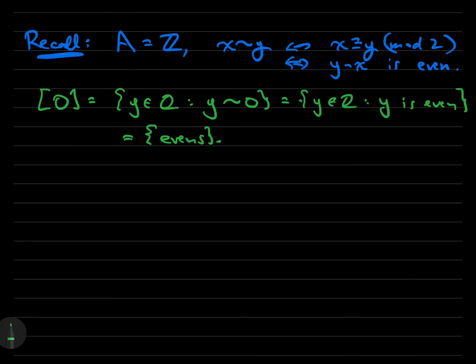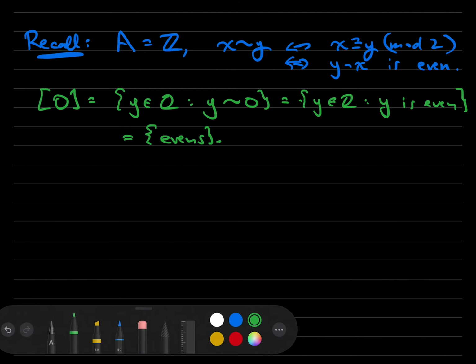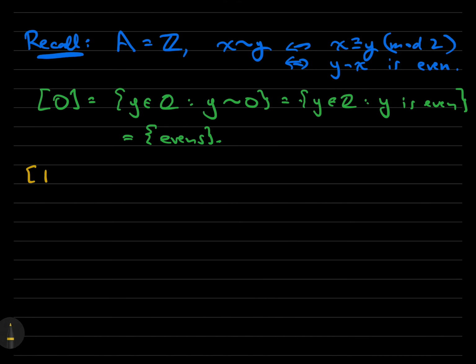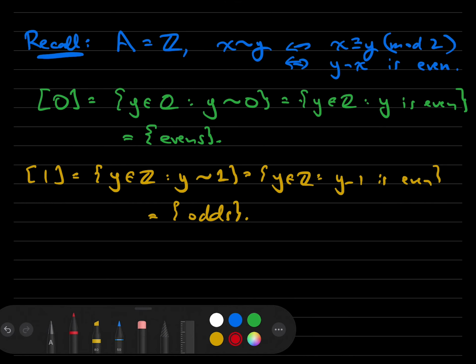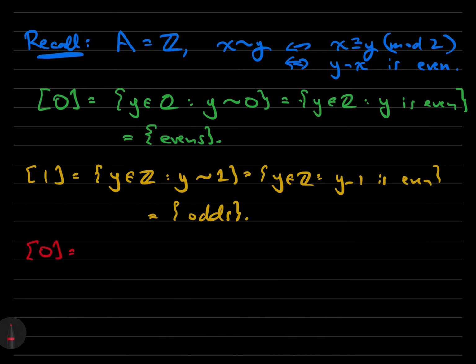In particular, if you pick any even number, the equivalence class containing that even number is the set of all even numbers. Similarly, if you pick any odd number, the equivalence class containing that odd number is all of the odd numbers. So what do we have when we look at Z mod this equivalence relation? Notice there's really only two sets floating around, the even numbers and the odd numbers. So what we have is Z mod equivalence is the two-element set, each of which is its own set,